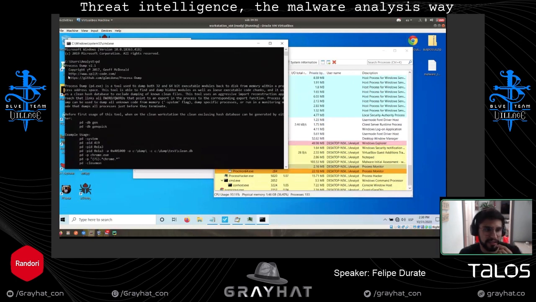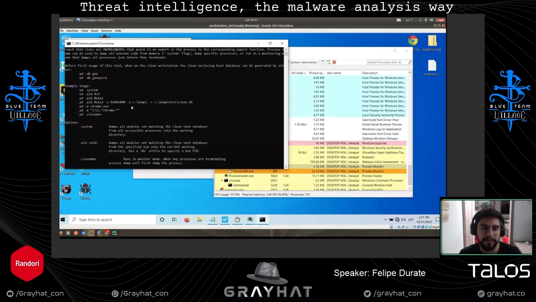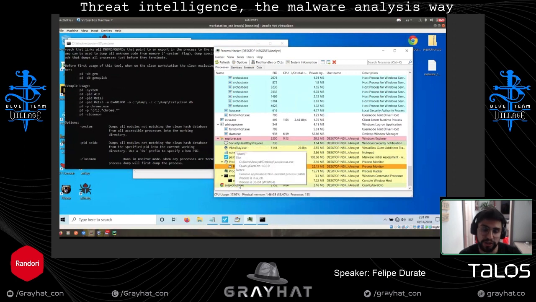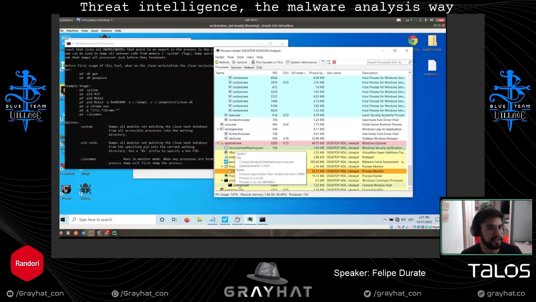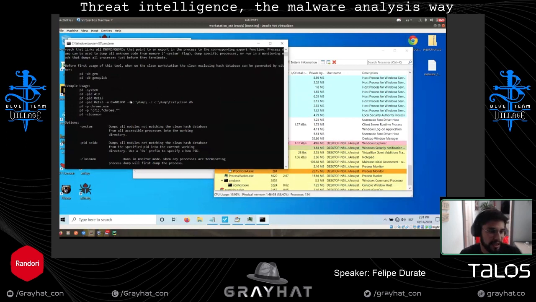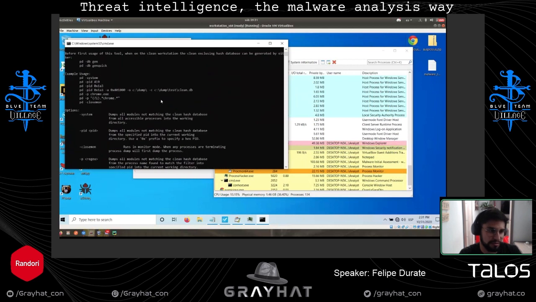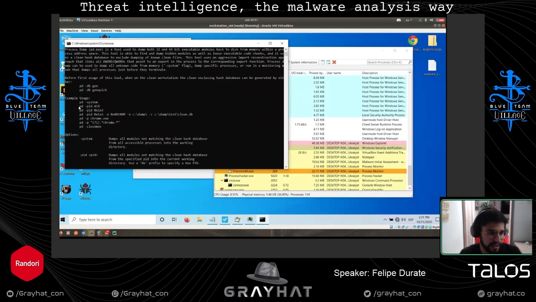And you can find that code in here, so you can find the URL. But what we are going to do is dump all the executables that are located in this process, and see if we can actually catch the unpacked sample. That's it. What I'm going to do is very simple, nothing really sophisticated.